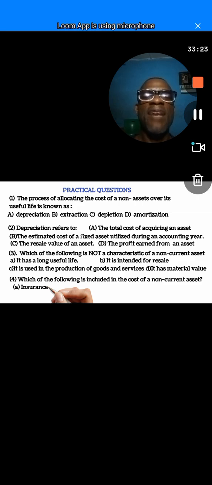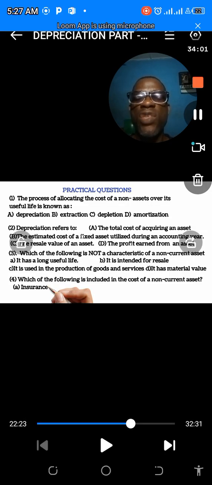Now, we cannot continue talking. We have some questions that we are going to tackle to bring us to proper understanding of what we just learned. And these are the questions. We are going to solve these questions. The purpose of solving these questions is to enable you to have a proper understanding of this tutorial. Now, the first question there says,